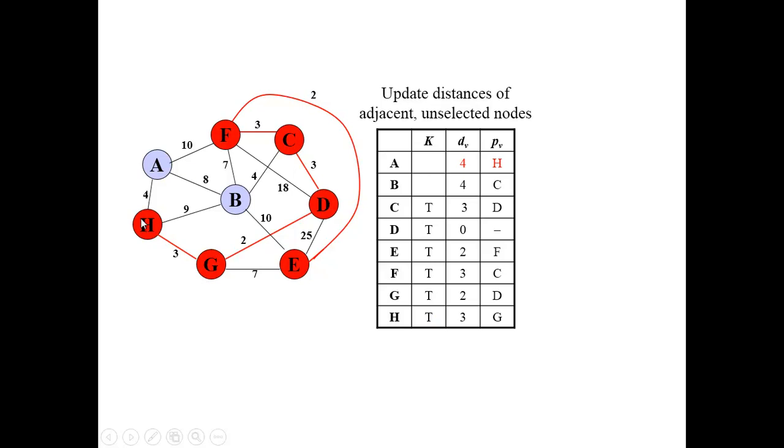Again, we will find out the adjacent of H, that is A and B, but A has minimum weight, then we will reach A. Then A's adjacent is F, B and H. The next step is to visit B from C, because if you go from A to B, from F to B, from H to B, we have to find out the minimum weight edge, that is from C to B.